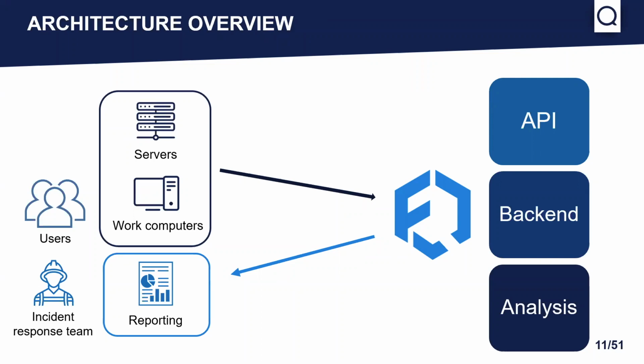On the left, you see the various use cases. So automatic submission for servers that will automatically analyze files on a shared server or sent to a mail server, for example, or the manual case where users have files that they just want to analyze to get a verdict on them before using them on their computers. And for the actionable output, there are many. One of them could be reporting for an incident response team, for example. We will see more examples later on in the slides.